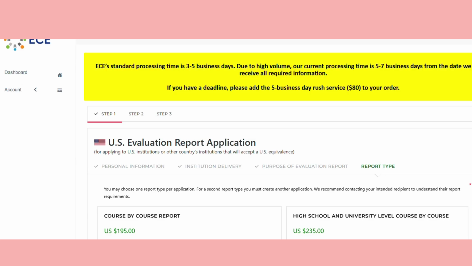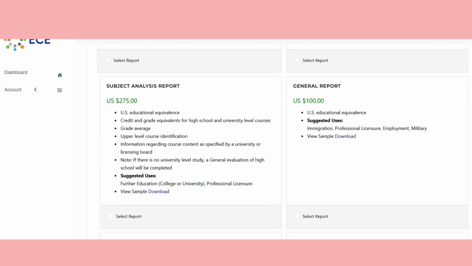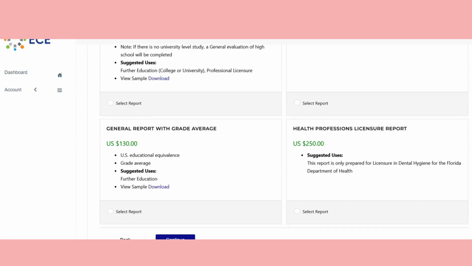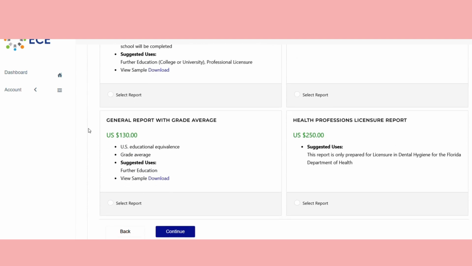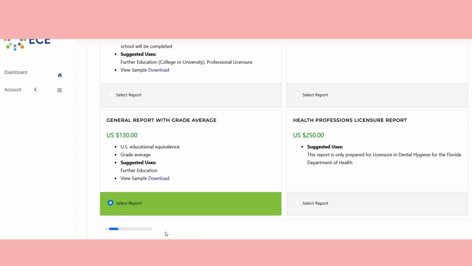Next, you will be asked to choose the type of report that you want. So MBRU and other websites also mention that they need the general report with grade average, which is US dollar 130. So you have to select that one and click on continue. So you'll be over with the basic information and the type of report. Next you have to enter your